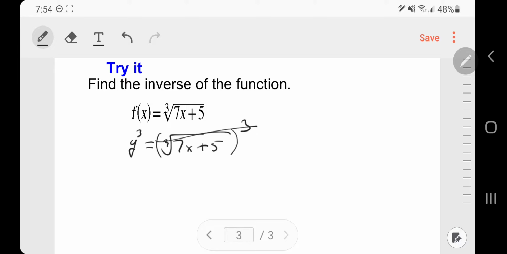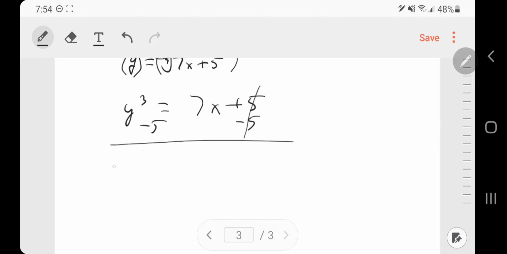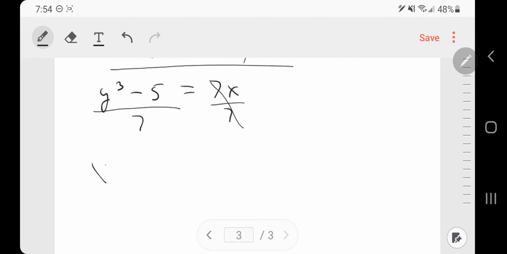And again, we do the same thing to the other side. We're going to cube y. So we get y cubed is equal to 7x plus 5. And again, we are still trying to isolate x. So I subtract 5 on both sides. I get y cubed minus 5 equals 7x. And then I'm dividing by 7, and I get x equals y cubed minus 5 over 7. Now that x is isolated,